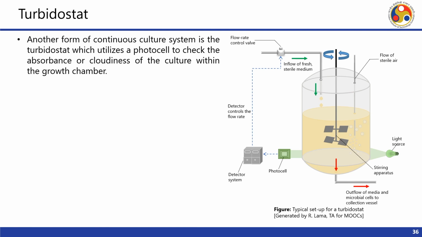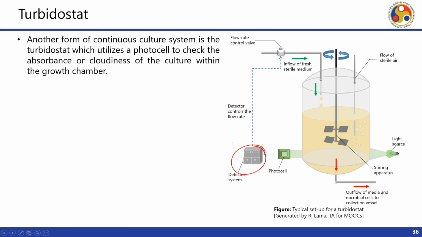Let us now discuss the turbidostat. This is a form of continuous culture system which utilizes a photocell to check the absorbance or cloudiness of the culture within the growth chamber. So, here you can see the photocell and there is a detector system, and there is a light source which will travel through this reaction vessel, and